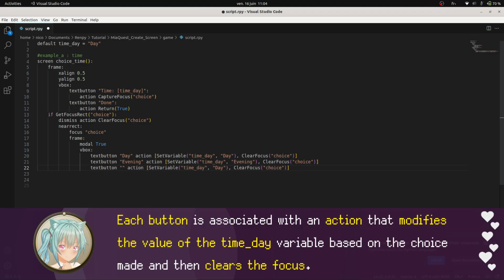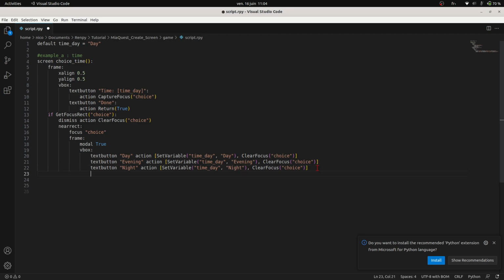Each button is associated with an action that modifies the value of the time_day variable based on the choice made and then clears the focus.